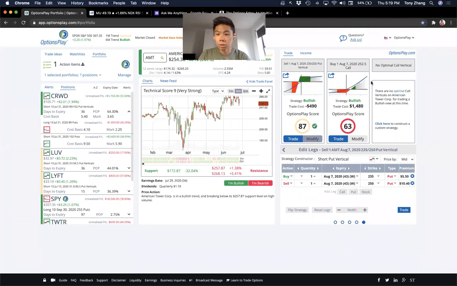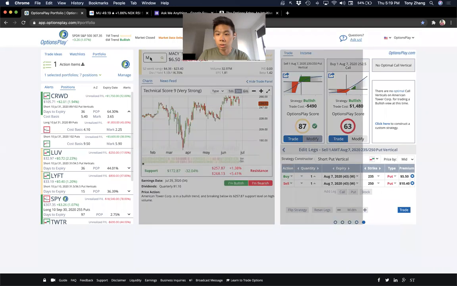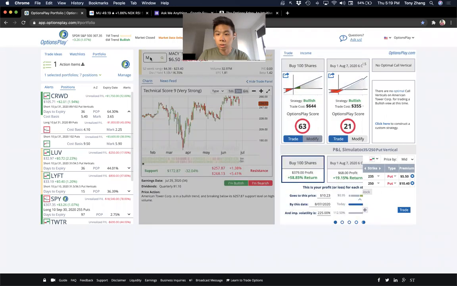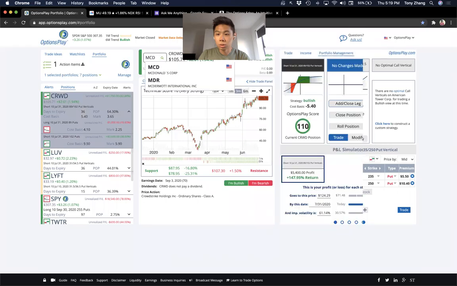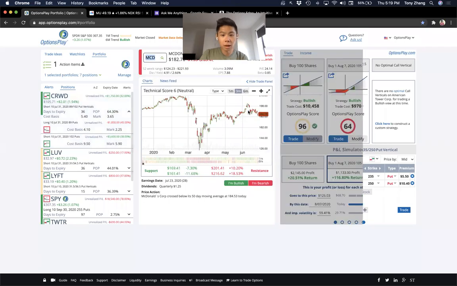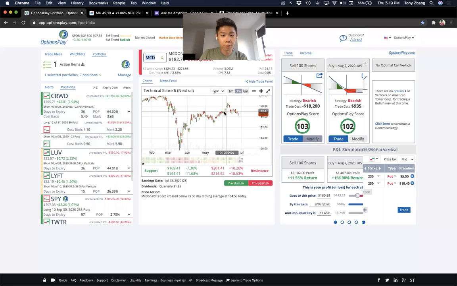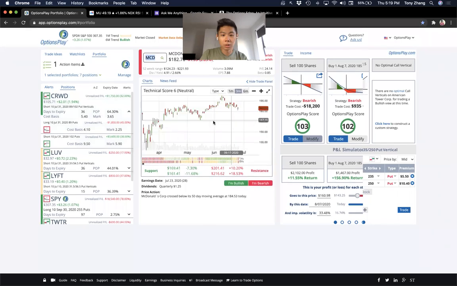Goldman I already looked at, GDX I already looked at, McDonald's. I liked McDonald's, but then the momentum on it really started to shift lower here. So I'm not sure I'm as bullish here on McDonald's. I liked it on the breakout. I actually went long on it in the breakout, and then the momentum just fizzled, and it's back into that range. So from a fundamental perspective, I quite like McDonald's.